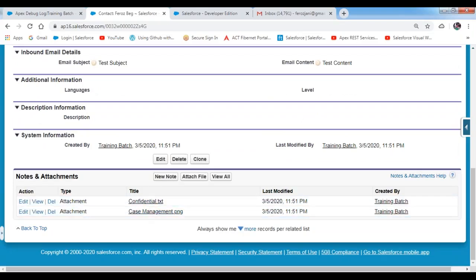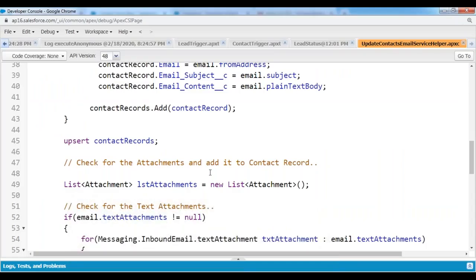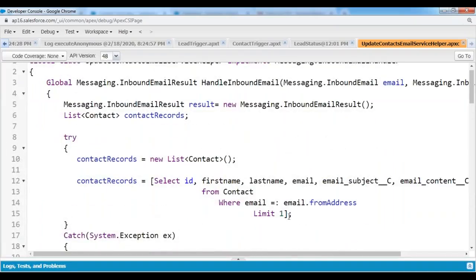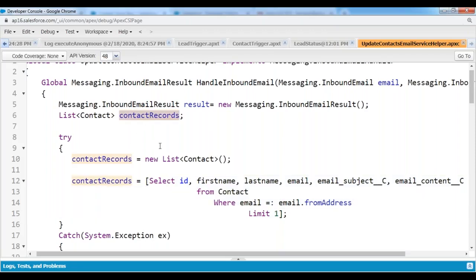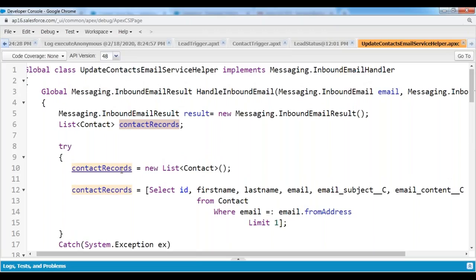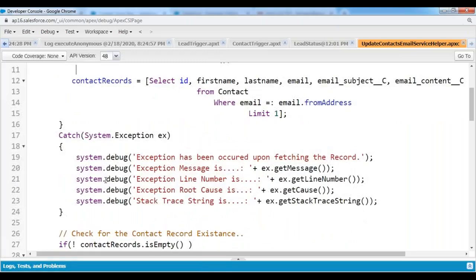Because whenever we have written this code, we have specified that SQL query which is going to collect the contact record, but the contact record is not found. That's what it is going to throw as the null pointer exception. Okay, that's what I'm telling you from the beginning. Handling the null pointer exceptions is very, very important. Because of that null value, the contact record is unable to create, so it is unable to add the